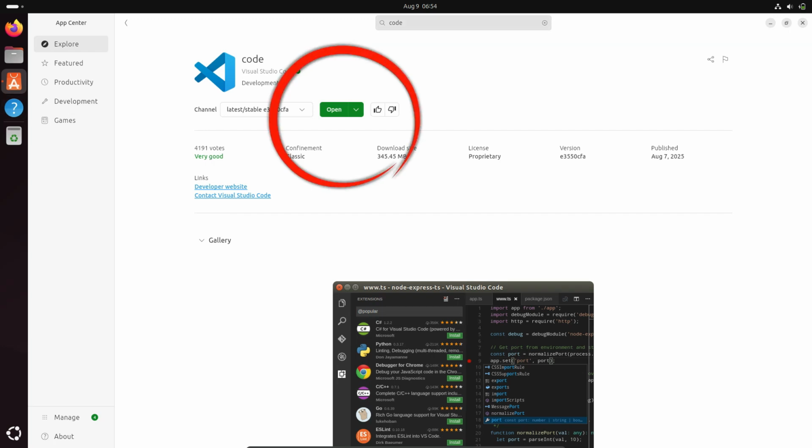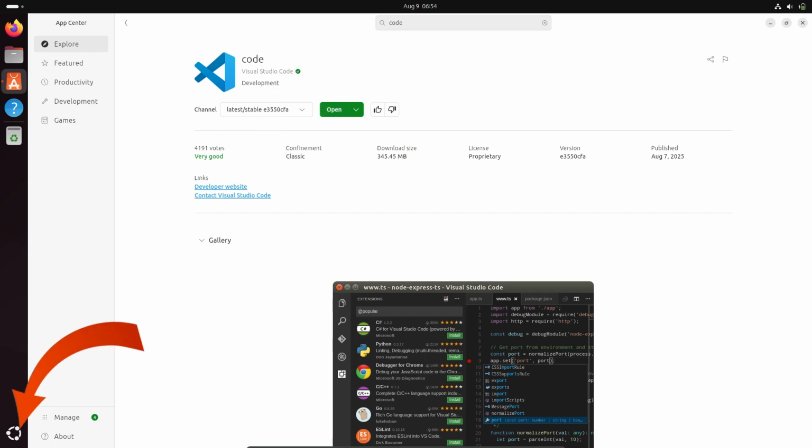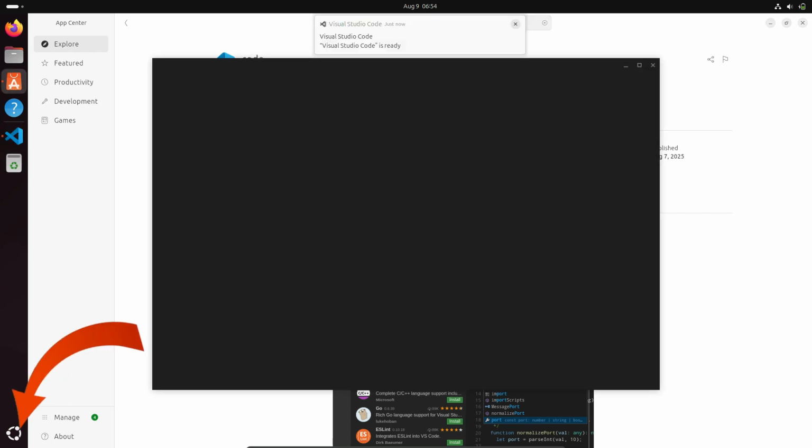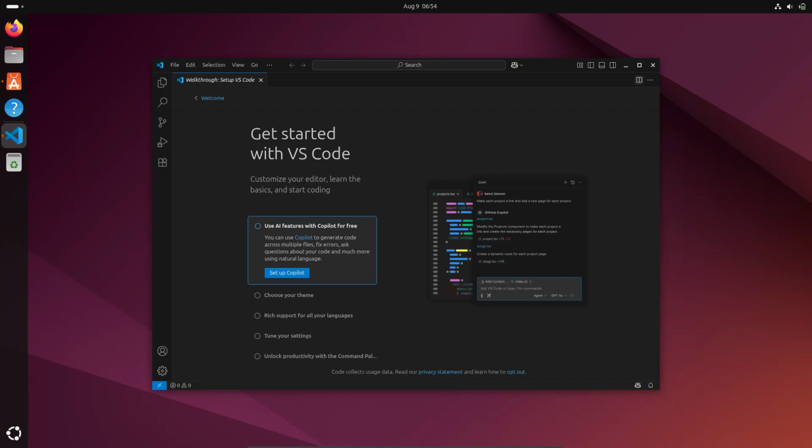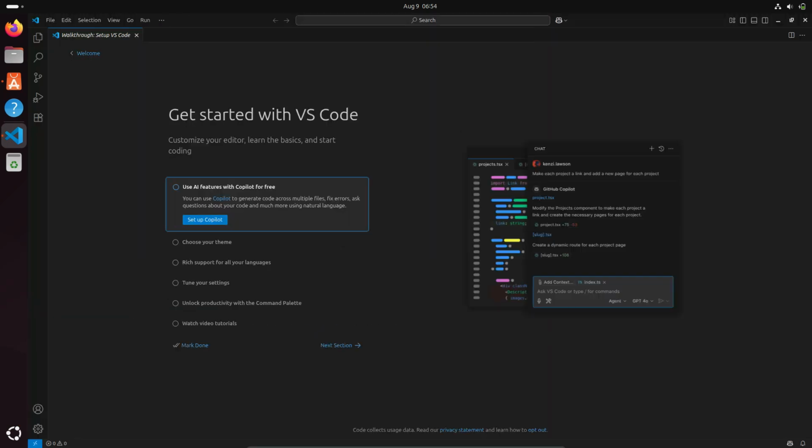VS Code. So you can open it here, or you can just go to the apps option and open it from there also. So I'm just clicking on the open button, and here you can see Visual Studio Code has started, and this is a welcome screen. I'm clicking on this mark as done, and now guys you can use this VS Code for creating and running